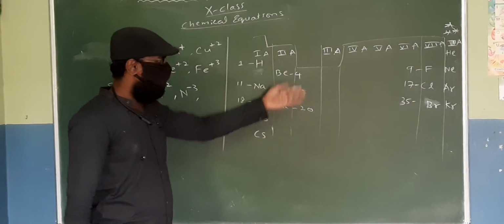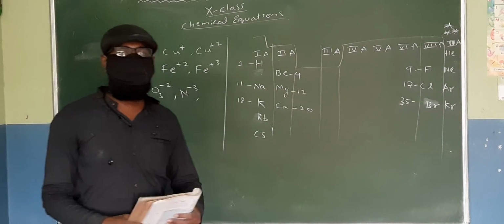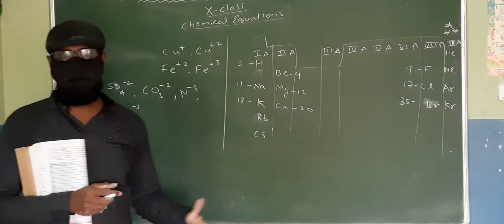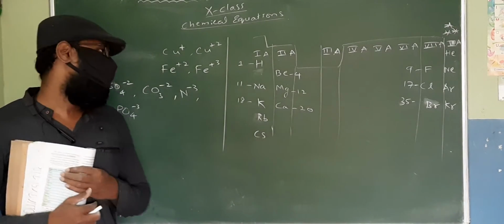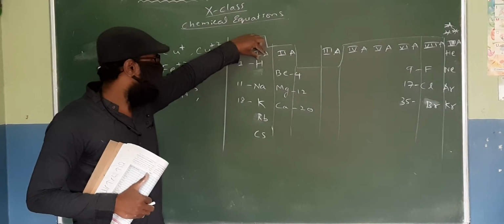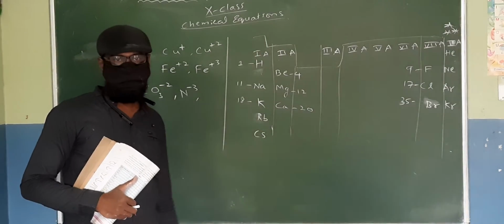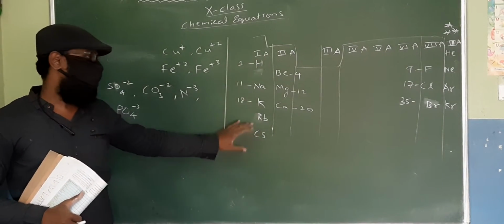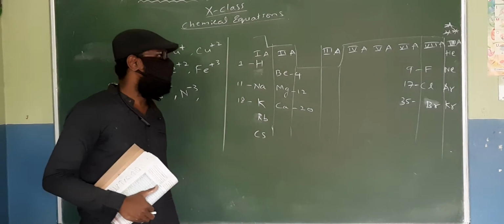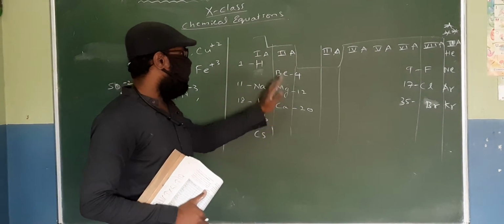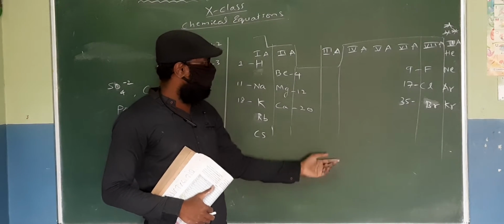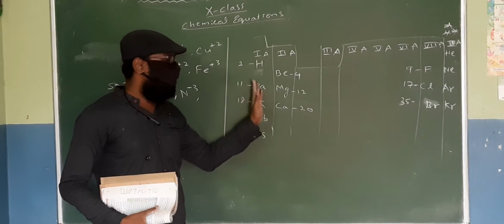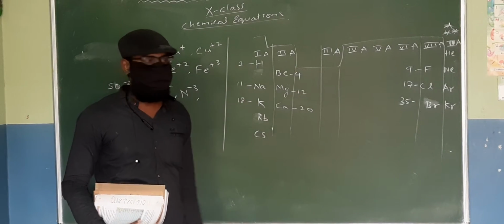So the elements are written in the form of a table so that it becomes easier for us to understand them, because if I say different properties of different elements, it will be confusing. It is better to keep all the elements which have similar properties in one column, and that is what we are doing here. 1A means the elements present in this column always love to lose one electron. Now 2A means they always love to lose 2 electrons. 3A means they like to lose 3 electrons.